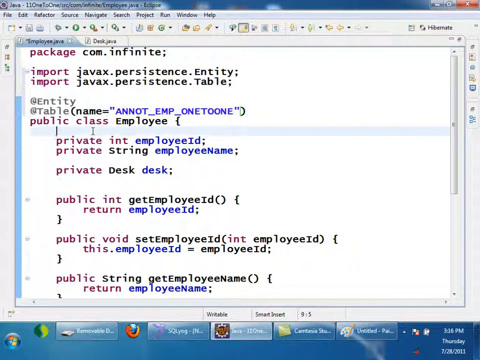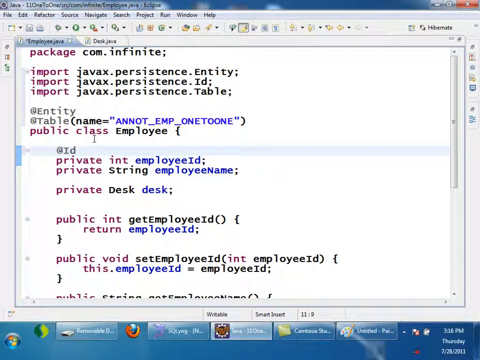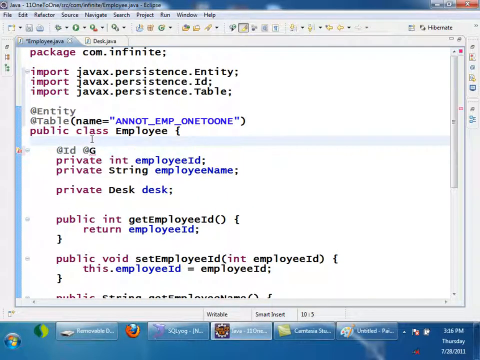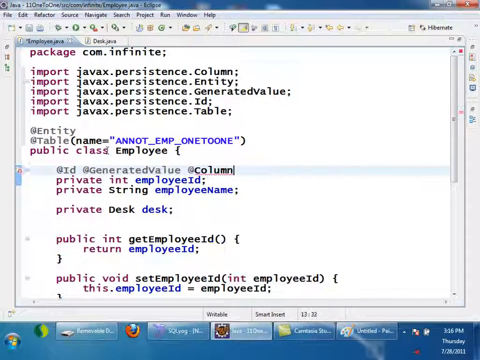Employee ID is a primary key, so I am annotating it with ID, and also generated value, and also column annotation with name as employee_ID, emp_ID.